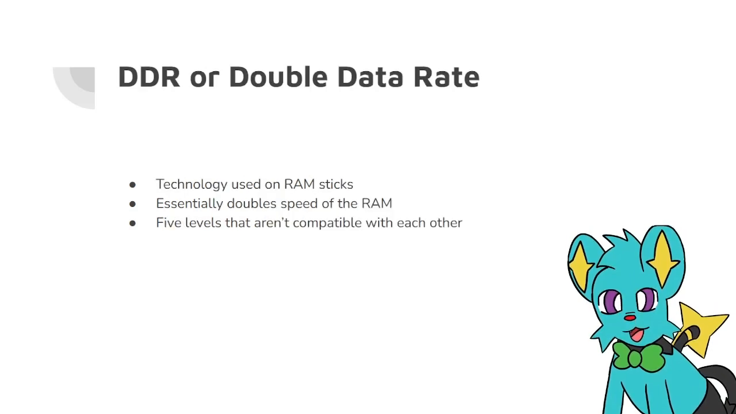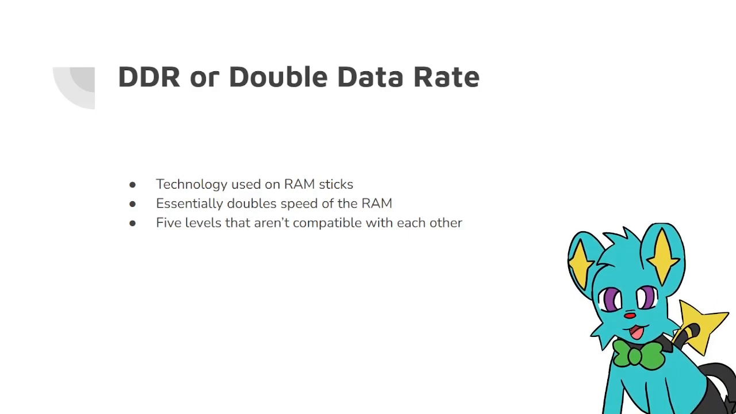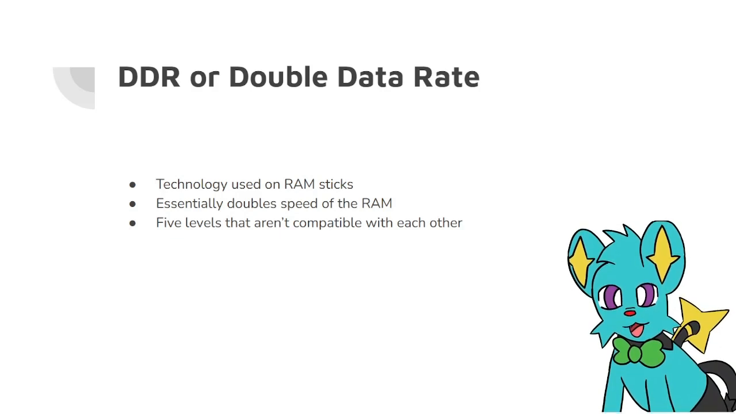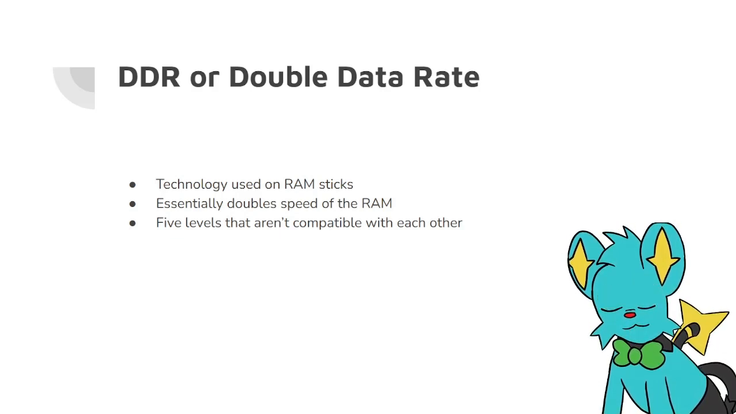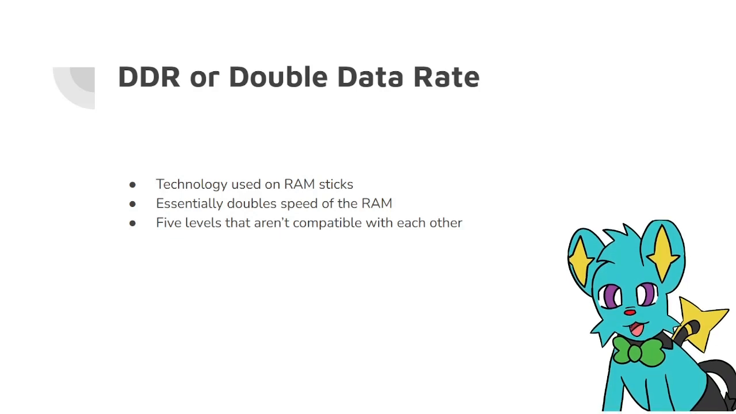They also have this main technology called DDR or double data rate. It is the main technology that they use with them, and it doubles the speed of RAM from SDRAM, which is single data rate RAM, to DDR. It almost doubles the speed. And there's 5 levels, DDR1 to DDR5,